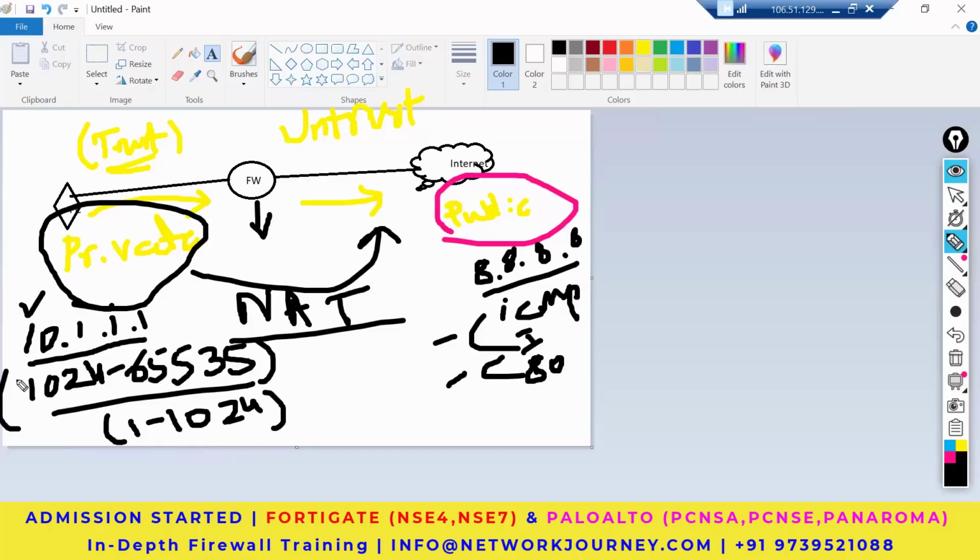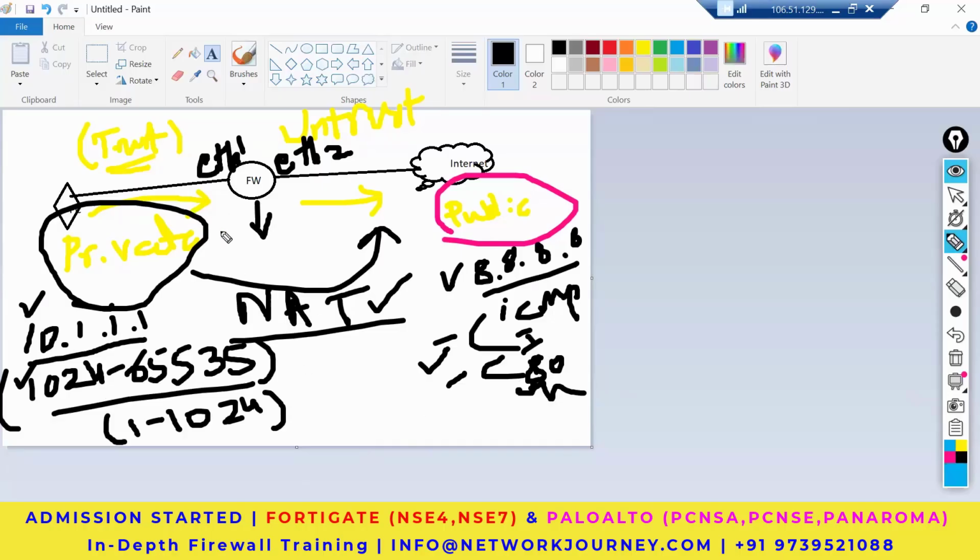So this is the first one: source IP, source port, destination IP, destination port, and the protocol, ICMP or HTTP, anything, and the interface. Which is the interface? This is one interface, Ethernet 1, and here this is Ethernet 2, the interface I'm taking. So this is one interface, then there will be another interface. Once it wants to communicate, we would need to have NAT, which will do the translation of this private to the public, and then